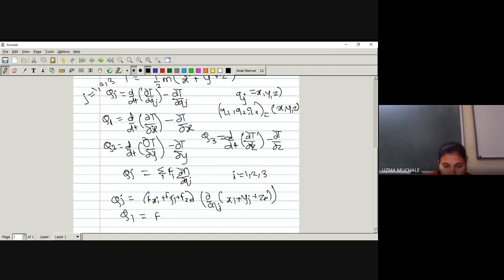Here it is qj. So here instead of having j, we will have q1, and q1 is your x. So let me write down here fxi plus fyj plus fzk as it is. Instead of having q1, now here we have dou by dou x. What is the value of q1? q1 is nothing but your x coordinate. So this is xi plus yj plus zk. Is the idea clear up to this?